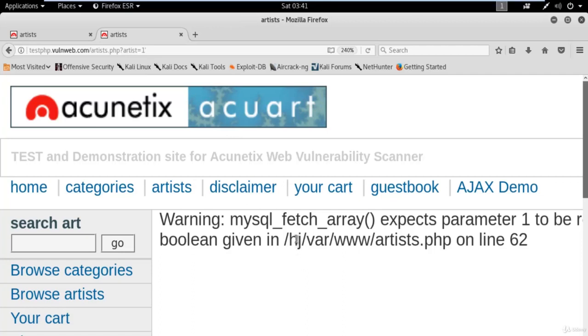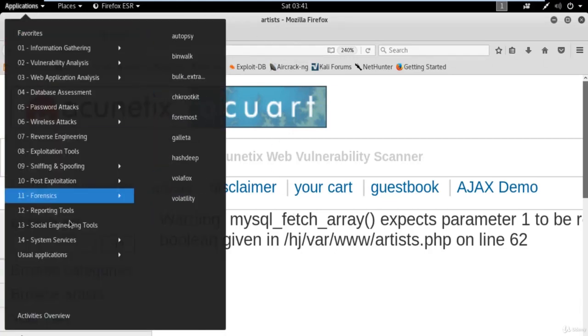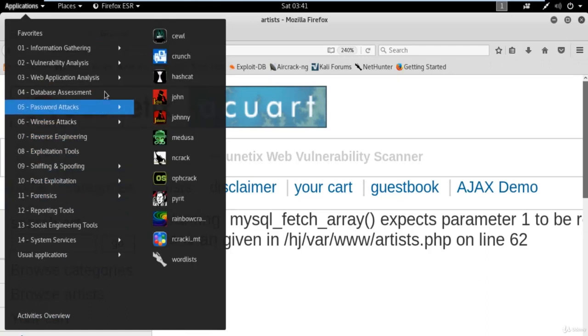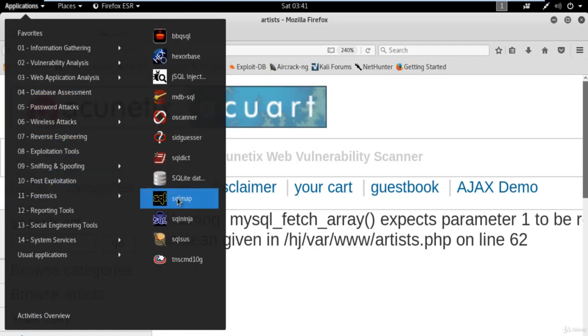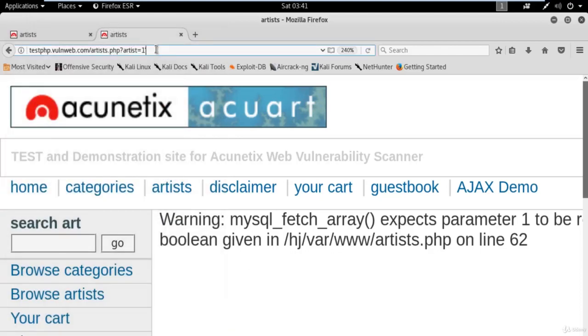All right, now the next task is to find out the number of columns inside the database, because we have no clue how many columns there are. If you are using a tool like SQLmap, it does this internally, and we don't need to do it ourselves. But if you are performing manual SQL injection, you need to do everything here.